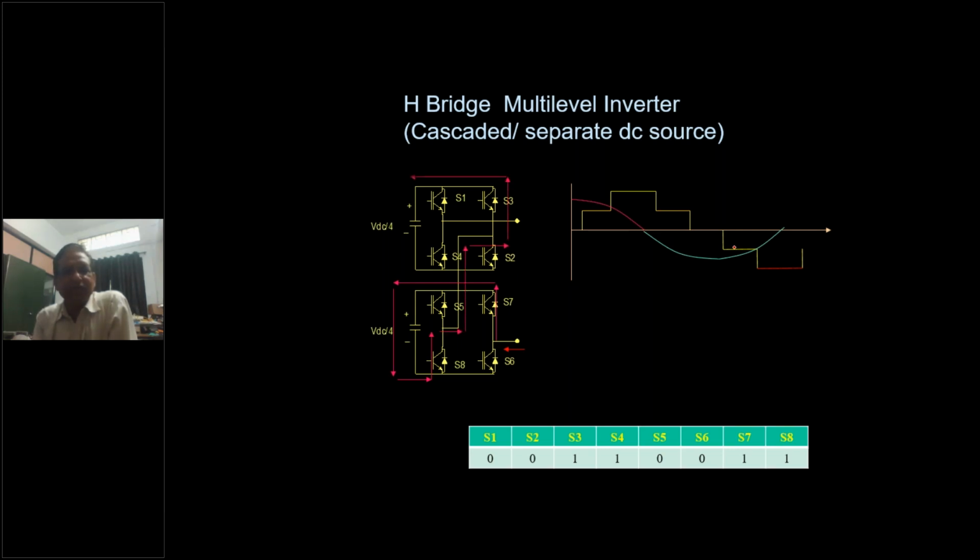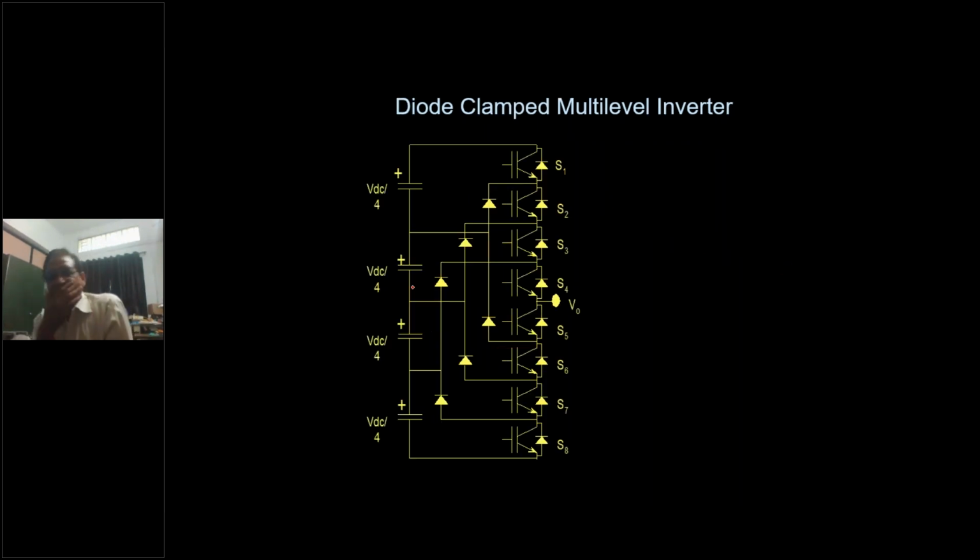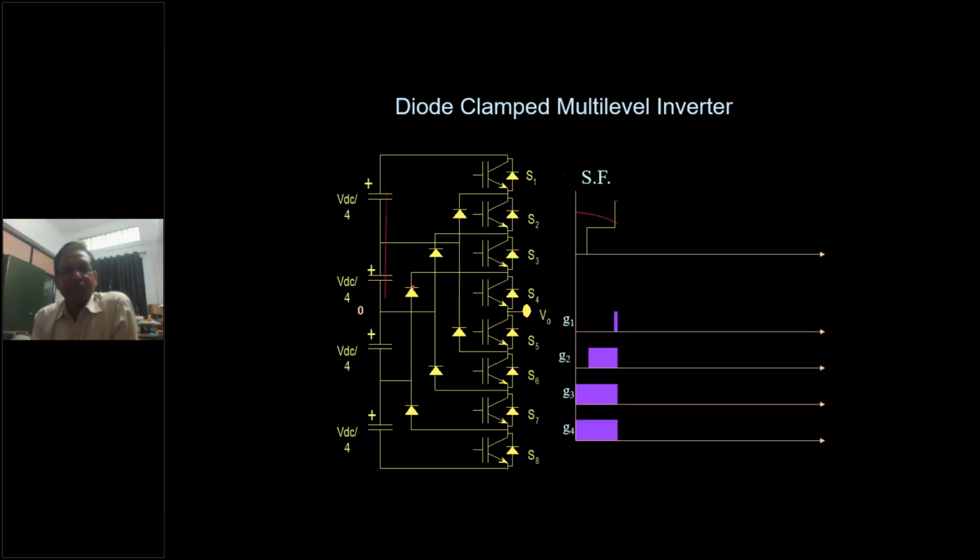Negative VDC by 4. Okay, so we are making just like this on. So what happened? In that case, this is downward direction, this is also downward direction. So total voltage is minus VDC by 2, by 4 and VDC by 4, addition of this. So like this we get the output voltage. This is the direct clamp converter. How it works, that we are going to see.